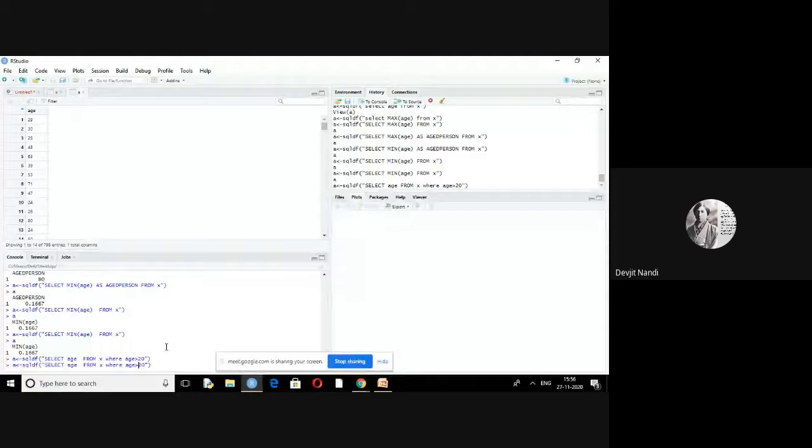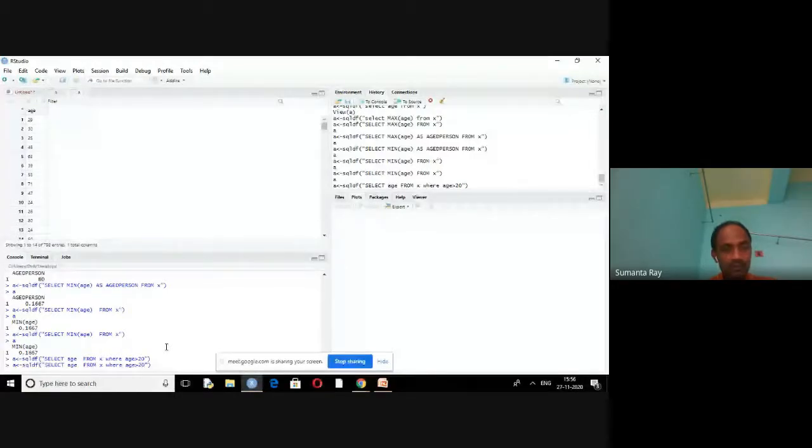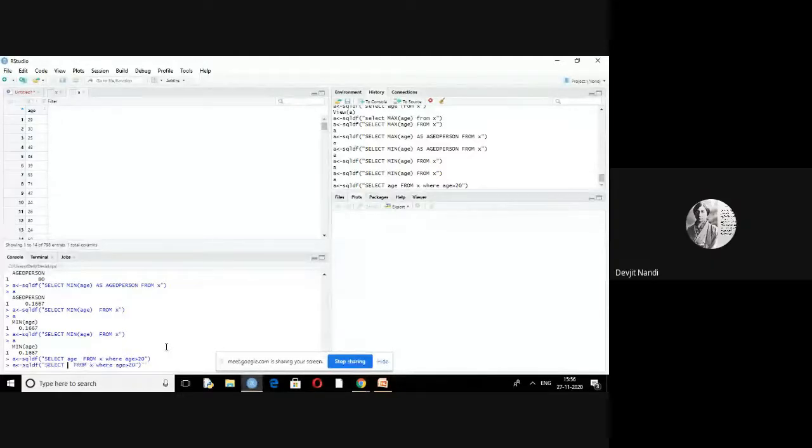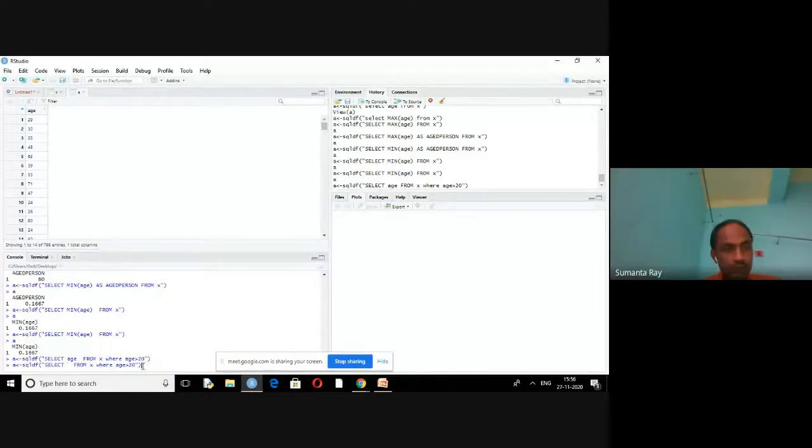Now you can also select not only age. Suppose I am going through the exact data set.